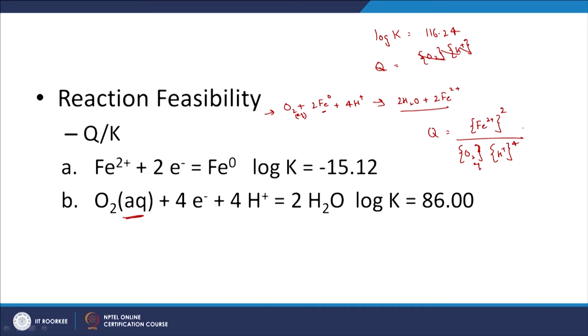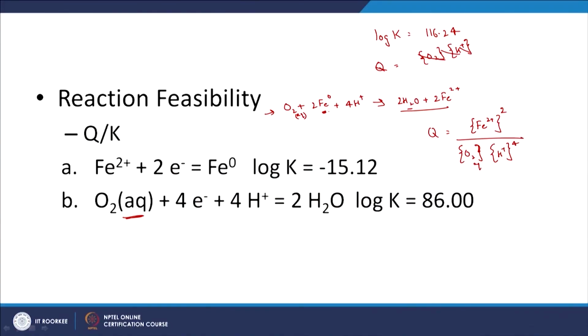So, let us say here I assume some particular standard conditions and write this down. Why did we say the activity of H2O was equal to 1 and the activity of iron was equal to 1? Because I am assuming that H2O is in a dilute system, so the activity is going to be equal to 1 there, and here it is zero-valent iron, the solid. If it is a pure solid, we know that the activity is going to be equal to 1, and based on that I have the relevant equation for Q.